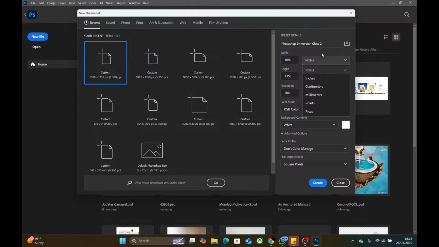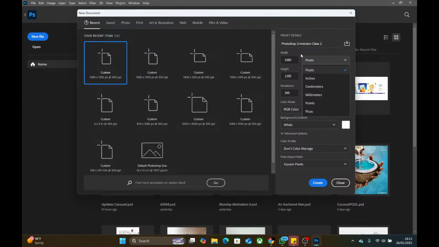You will know better how to judge them and appropriate the sizes, or use a calculator to know what you are doing, especially when you are doing large format designs. But let's continue with what we are doing. So we want to create a post for Instagram in the vertical image dimension, that is a portrait. Some posts on Instagram are square, some are portrait, some are landscape. What we want to do now is the portrait dimension of an Instagram post.